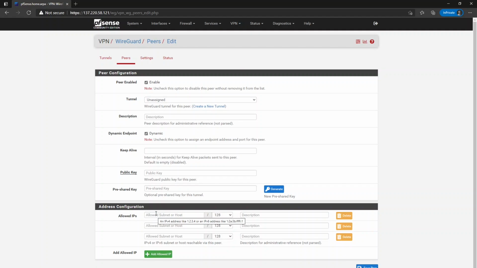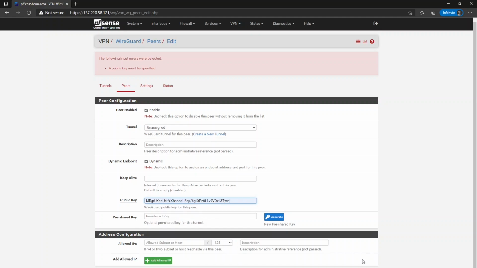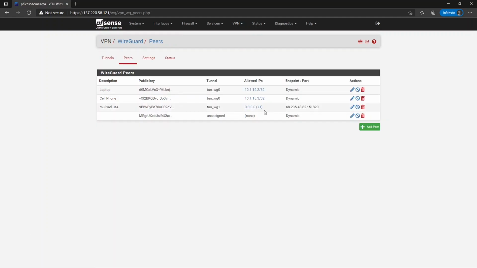If you want to allow all IPv4 or allow all IPv6, you can just type in 0.0.0.0/0 and ::/0 for IPv6 and save. Oops, I actually need to type in a public key. Go ahead and do that and hit save. And again,